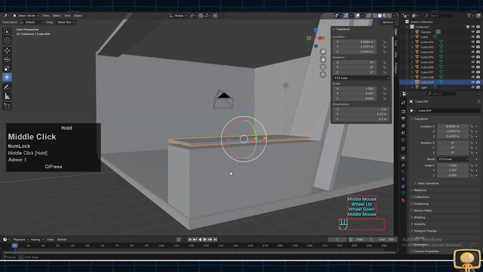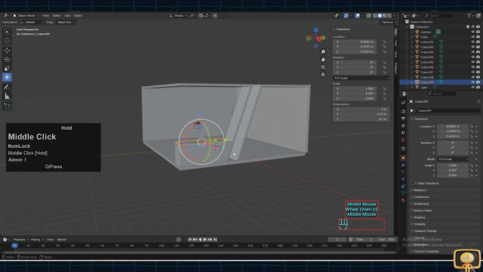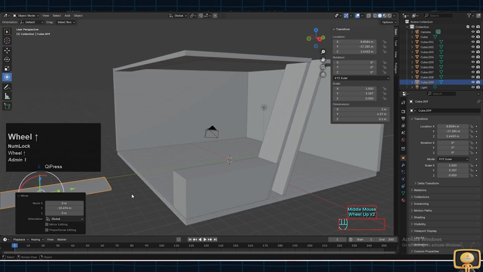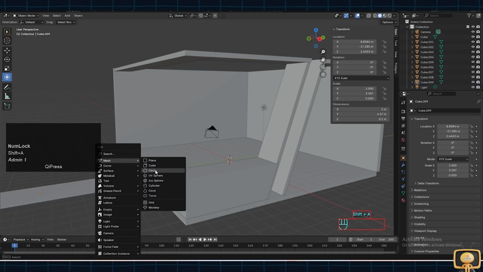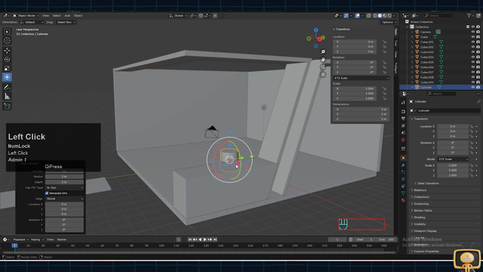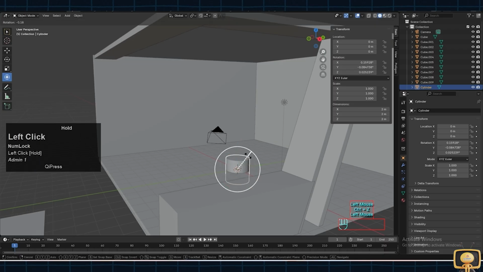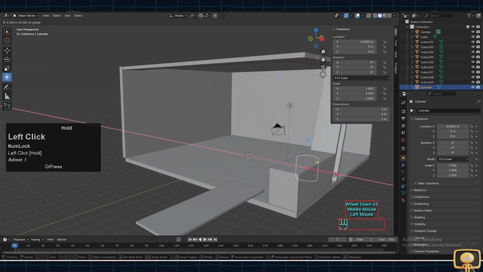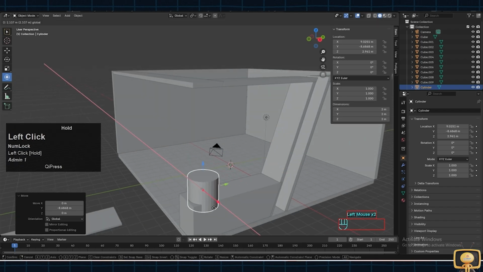So before that, we are now going to move it here and let's press Shift, and this time we are taking a cylindrical shape. And right now let's transform it and first move it here, move it here, move it here.